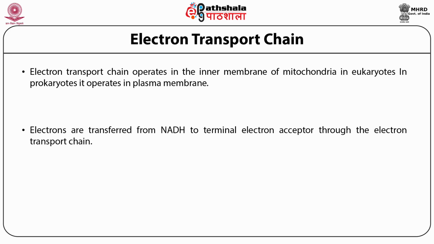Electrons are transferred from NADH to oxygen along the electron transport chain, which is also called the respiratory chain. NADH passes the electrons to complex 1. Electron transport is normally tightly coupled to ATP synthesis. Electrons transferred to complex 1 will eventually be transferred to other complexes, and finally end at the terminal electron acceptor, that is, in aerobic respiration, oxygen.